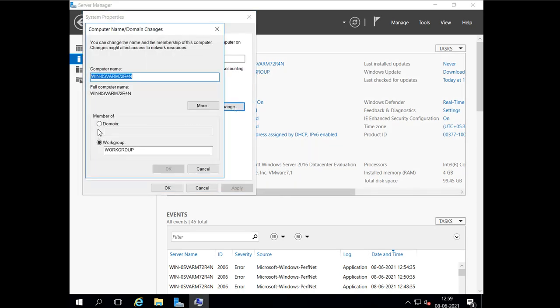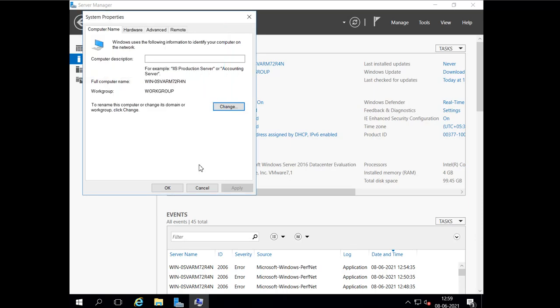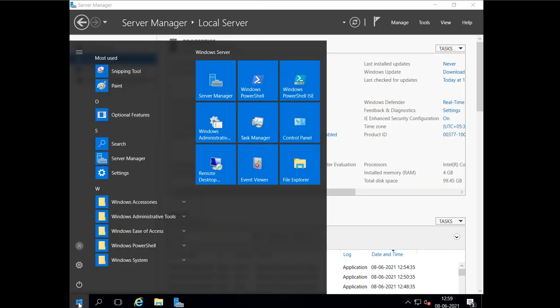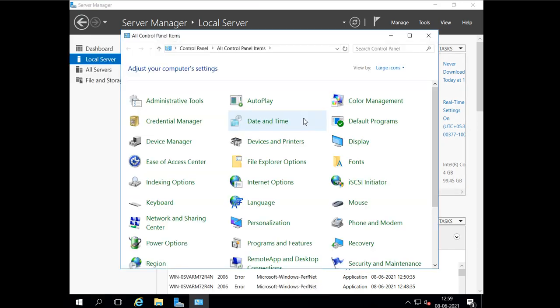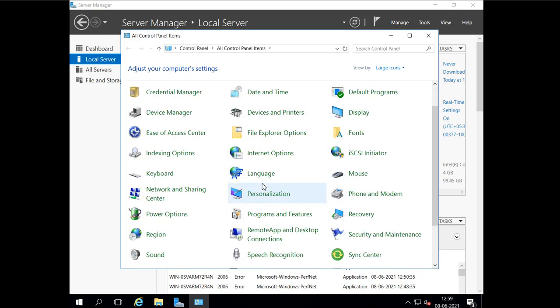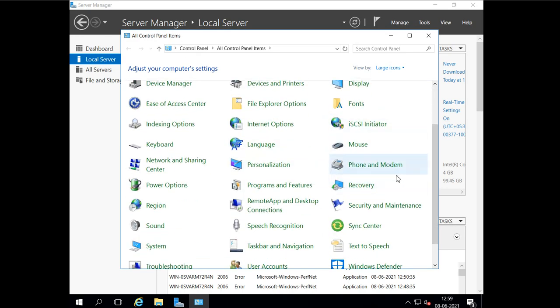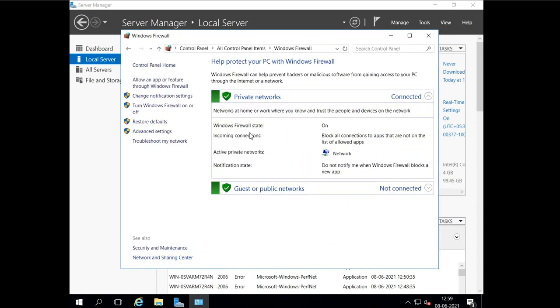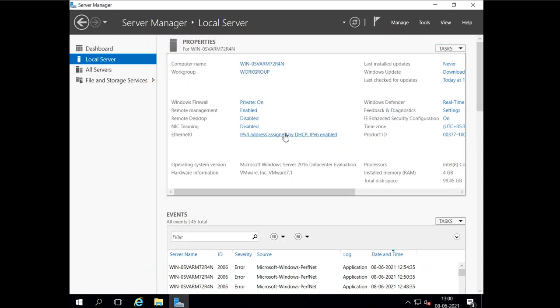Then again for firewalls, for managing the firewall, what we do is go to Control Panel or Settings, and then from here we go to the firewall setting. The firewall opens here, and then we can manage the firewall, enable or disable the firewall, go to advanced settings and create rules and all that. Now we don't have to go there, we can just click here and it will open the window directly, and we can manage the firewall. So this is how easy it is.